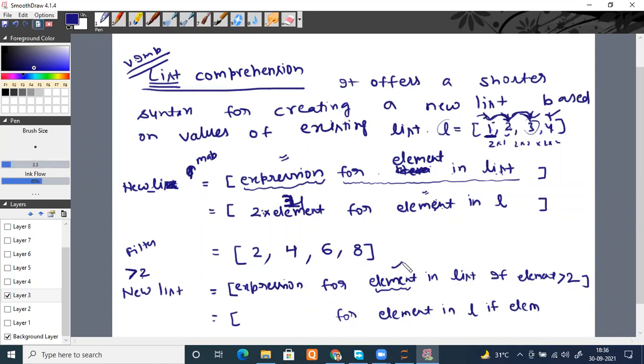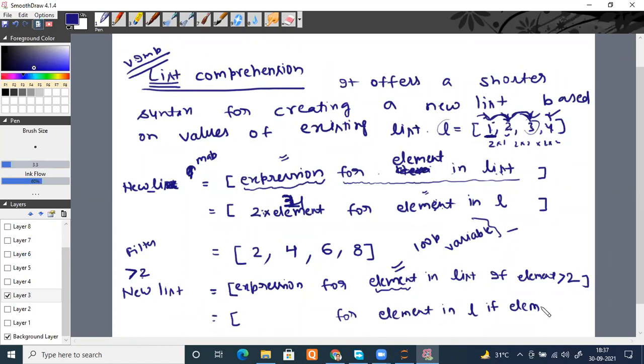This name can be anything, this is known as the loop variable. I think you remember now. We have studied that several times. This is known as the loop variable. The loop variable can be given any name that you want to put. Up to you. You can put the name item as well. You can put i as well. It's entirely up to you. So I did for element in L.